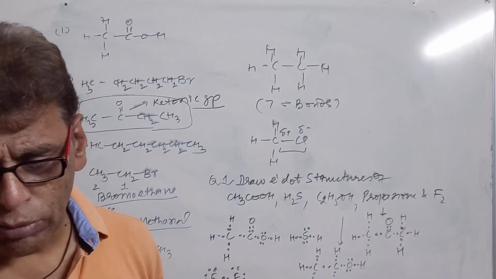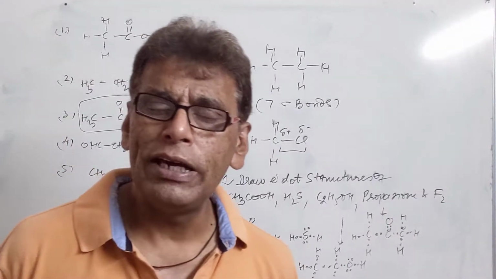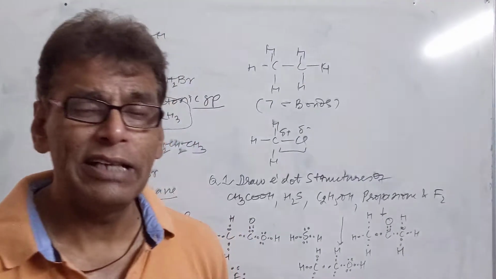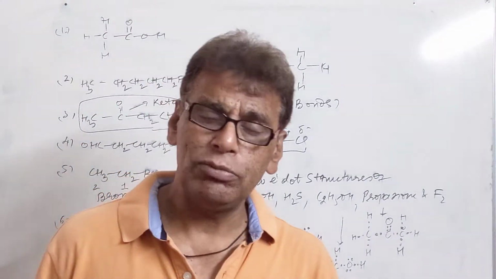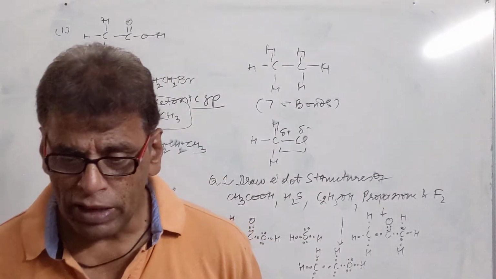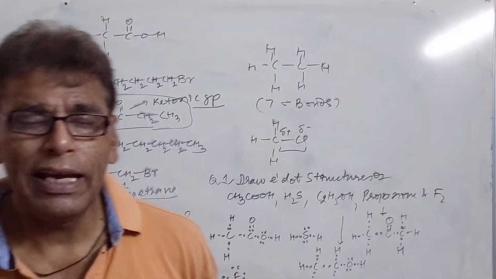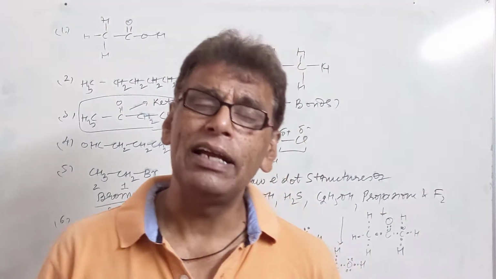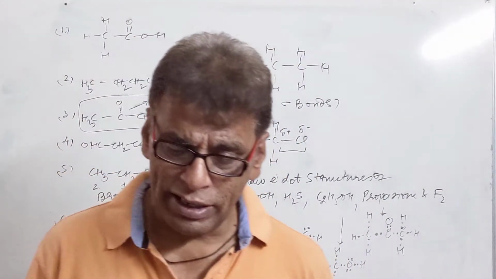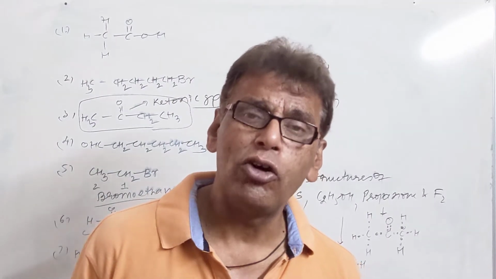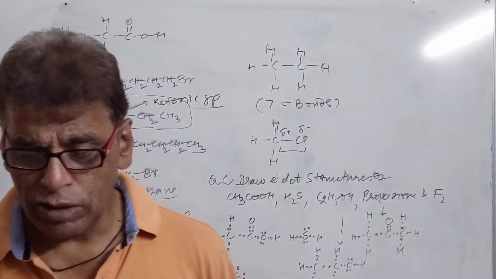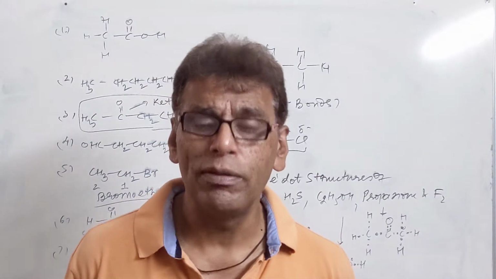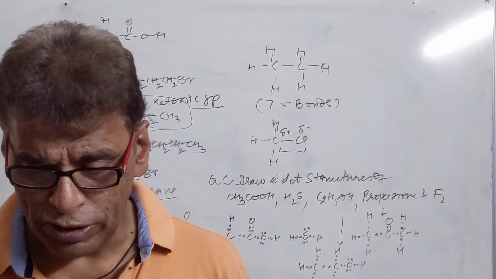Then we have the formula C3H8. Now if you see, again two hydrogens are more than double the number of carbon atoms. C3H8: 3 carbons, double is 6, plus 2, so it is again an alkane. Then we have C3H6, it is an alkene. If the hydrogen number is double that of the carbon number, it is an alkene. It is also an unsaturated compound and it can take up chlorine water or bromine water. Their color will disappear, or it can be treated with alkaline KMnO4. The color of KMnO4 will disappear from the solution.